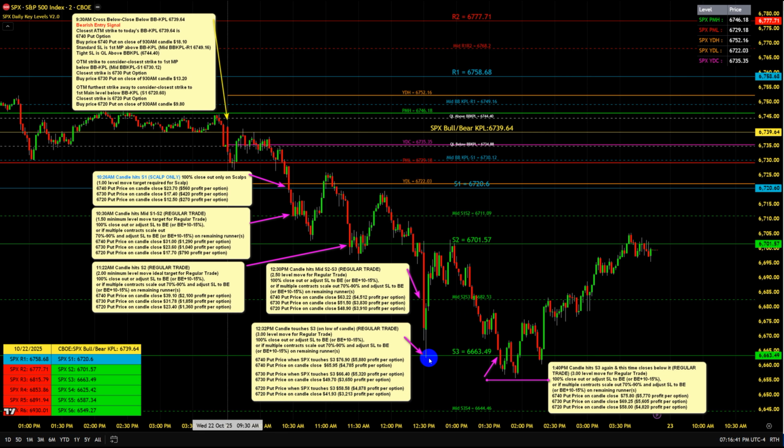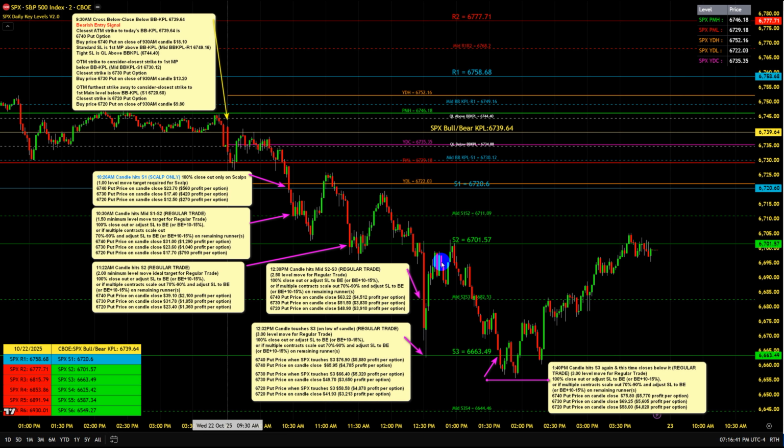$4,878 profit per option on this touch. It backed off, as you can see, all the way to 41.93 on this candle close, so that was $3,213 profit per option. As you can see here, we went on this touch of S3, and just 1, 2, 3,